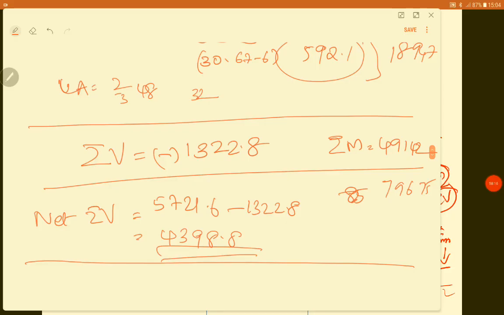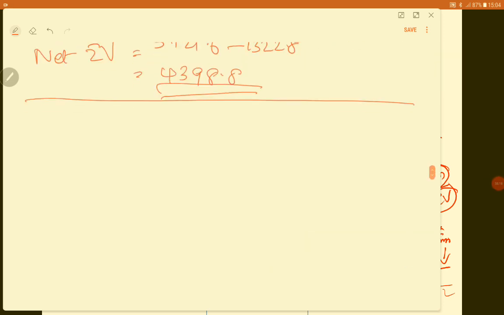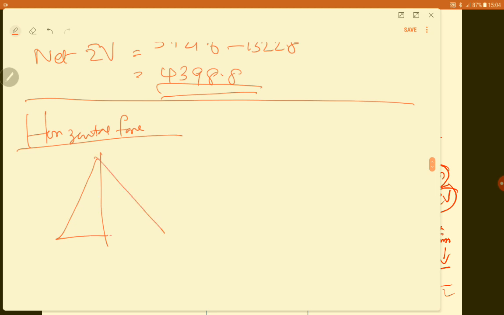Now you have to calculate the horizontal forces that comes here. What is the horizontal forces that comes here? Horizontal forces are because of two things. That is, you have the water pressure here as well as there is water pressure here. These two are the main contributors for the horizontal forces, that is P and P dash. Okay, so to find P and P dash, what you have to do? On upstream face you have P. What is the value of P?